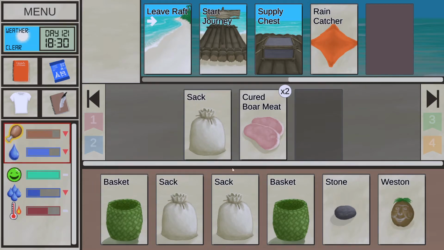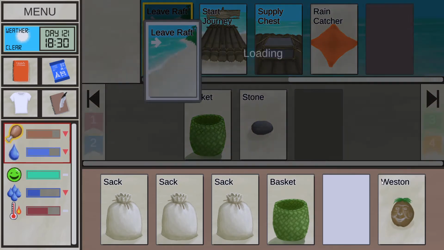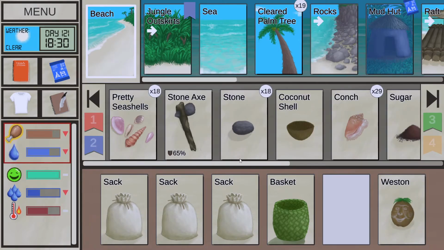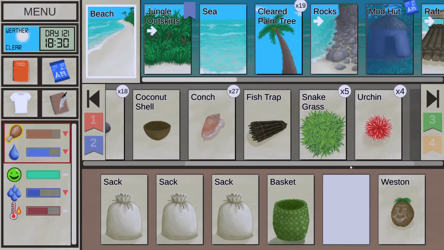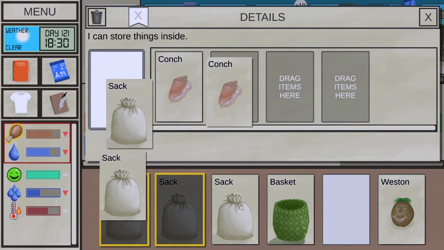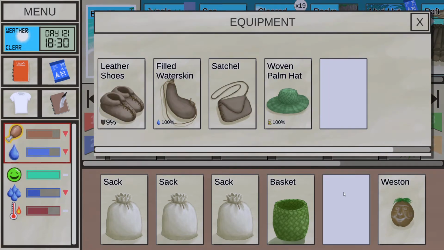Let's fill this up with some useful things, I guess then. Some boar meat. So we can make some sharpened stones, I guess, if we need them. Maybe some more food. Oh, sugar is nice food, right? A fish trap. Yeah, sure, why not? Can we build a fish trap on top of the raft? I don't know. Let's see. Well, we have a normal axe, so there's no point in bringing the stone one. What else should we bring with us? Well, maybe some extra gear, but...